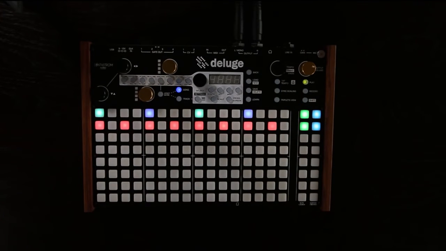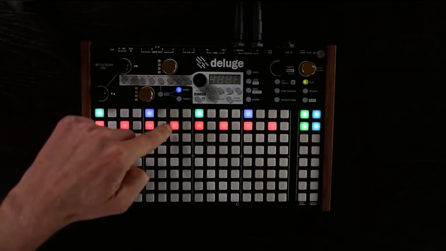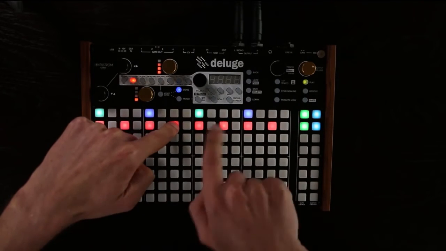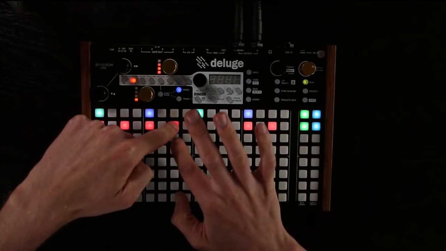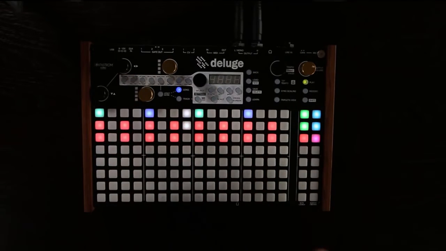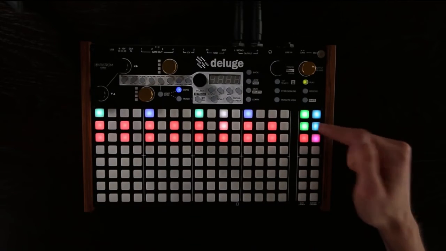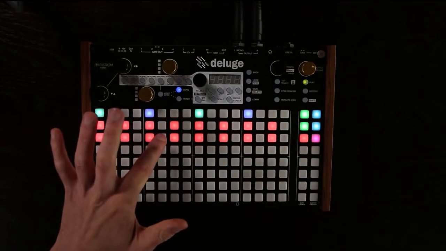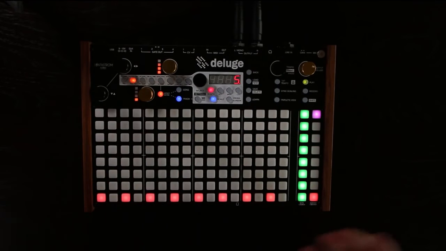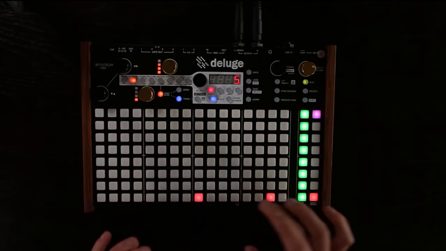Now I'll show you how to clone a track, which is really easy. You just hold down any pad on it and then press one on the new row where you want the new track to go. So that's cloned our bass line there. Now you notice the new one is not playing, the old one still is. Let's go into the new one, which is not currently playing, and change some of those notes. Let's change all of those notes to make a completely different